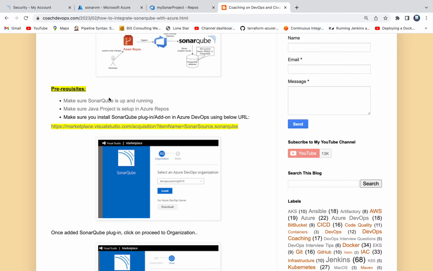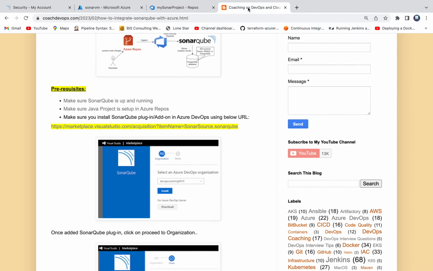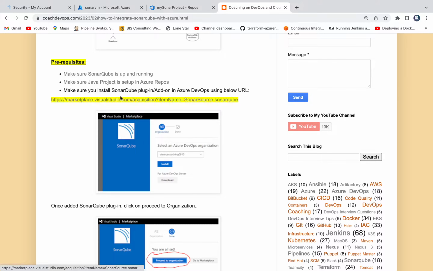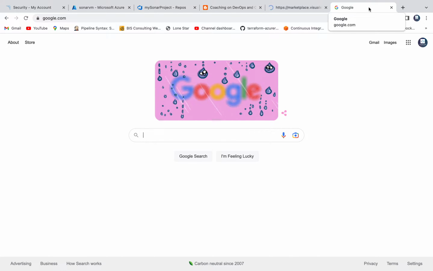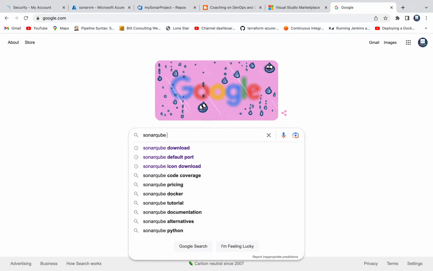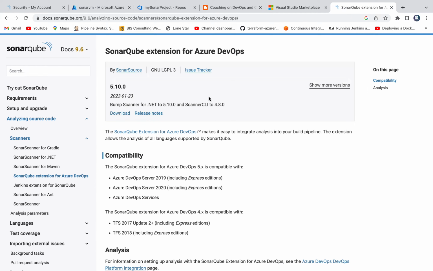So we already have SonarQube up and running. We already have the Java project configured. Okay, so this is my SonarQube right here. So the first thing is we need to install the SonarQube add-on or plugin. You can click on this link, or you can also go to Google here and say SonarQube Azure DevOps extension. So when you type that, it is going to directly take you to